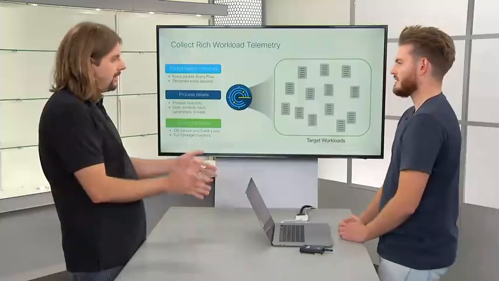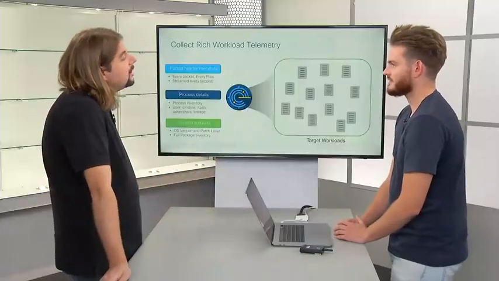So I'm kind of confused now at this point. So are we talking DPI here? Deep packet inspection? Absolutely not. We're not doing any deep packet inspection with Tetration. It is all based on header metadata.